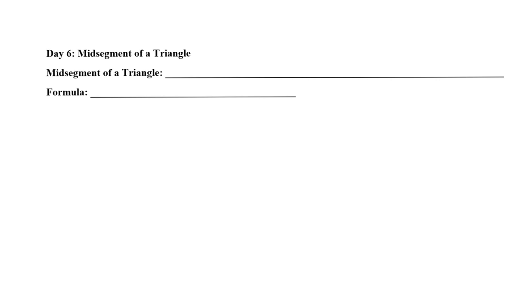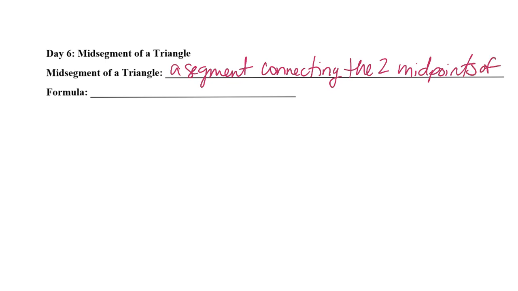Today's lesson is about the midsegment of a triangle. By definition, a midsegment of a triangle is a segment connecting the two midpoints of two sides of a triangle. The formula you're going to use: the midsegment equals half of the third side, or the one